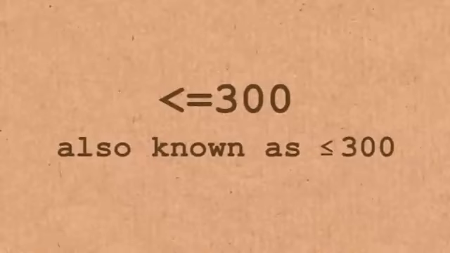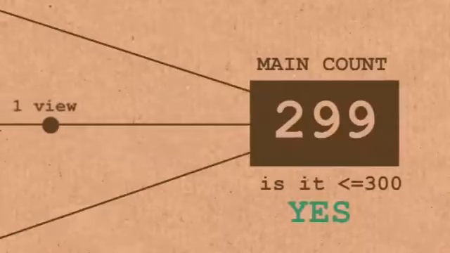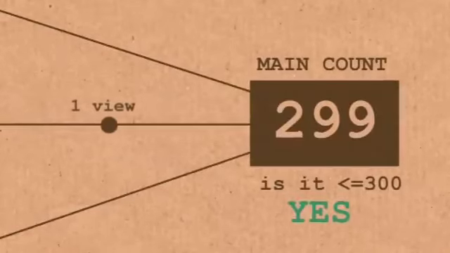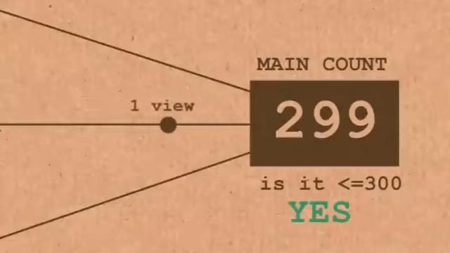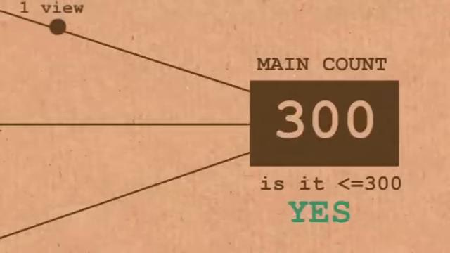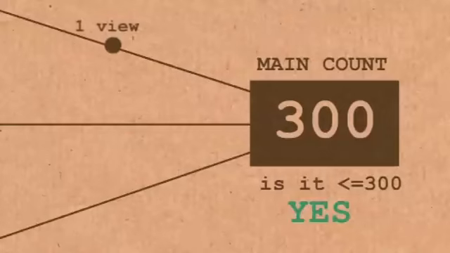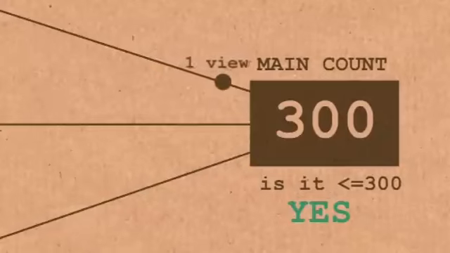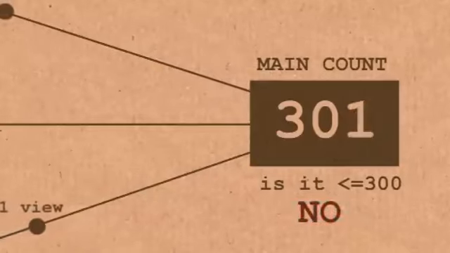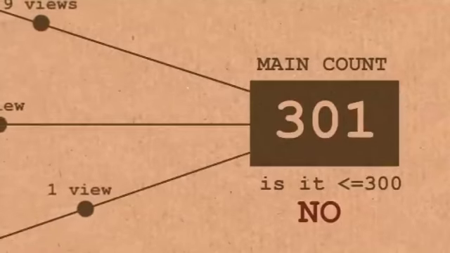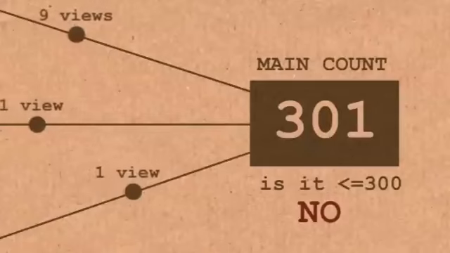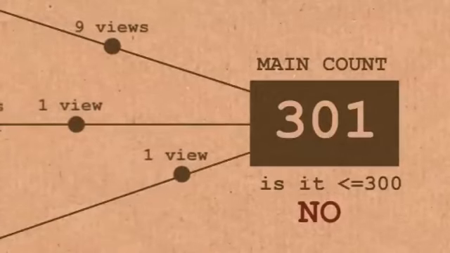Let me recap what's going on here. The code which is controlling where this view counter freezes contains a less than or equals to sign. So that means when a new early view comes along, it's checked against the code. Say the overall view count on the database is 299. Okay then, we'll let another one on. Here comes another view. Now the view count is 300. That isn't less than 300, but it is equal to 300. So the code lets another view jump onto the total. Now we're at 301. And when another view comes along, it's not less than 300, but it's also not equal to 300 anymore, and the door is shut.